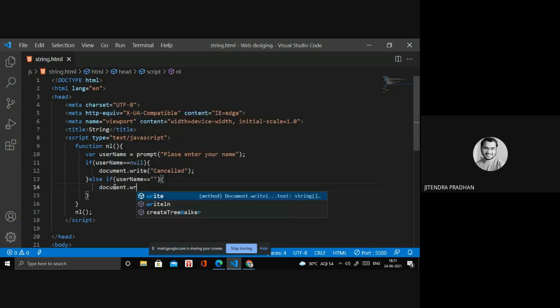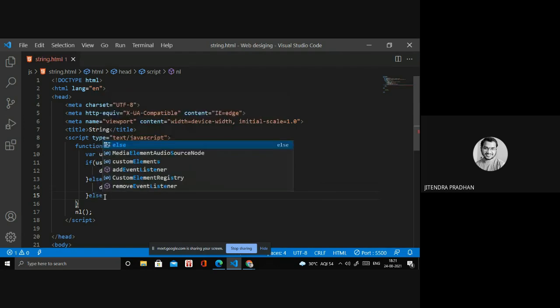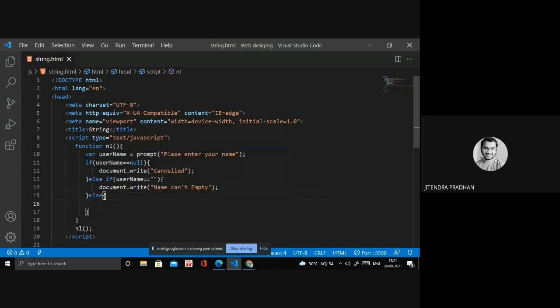It's document.write, name cannot be empty. Okay, it's a multiple condition. Like we have if, else if, and if you want another else if you can, but I don't need that one. I will use the else one. This is my last one. So the last condition is that